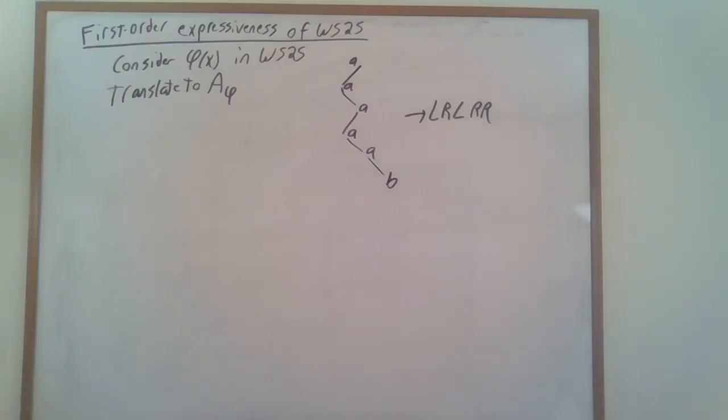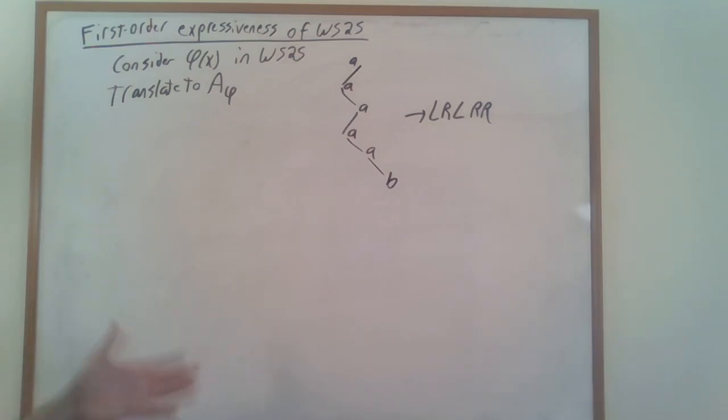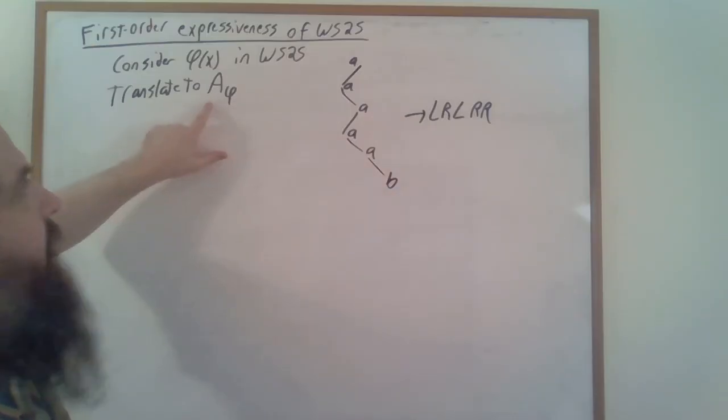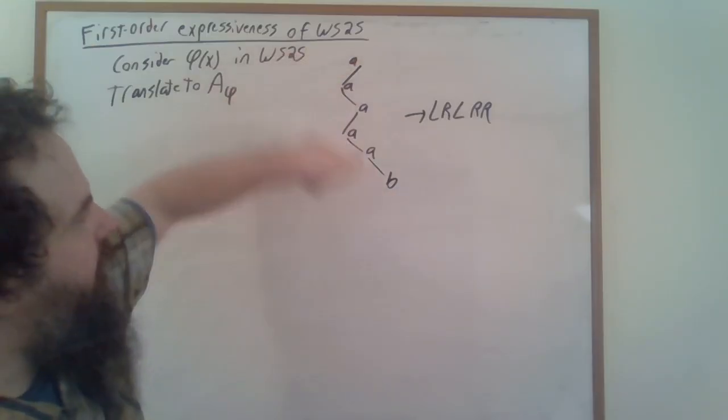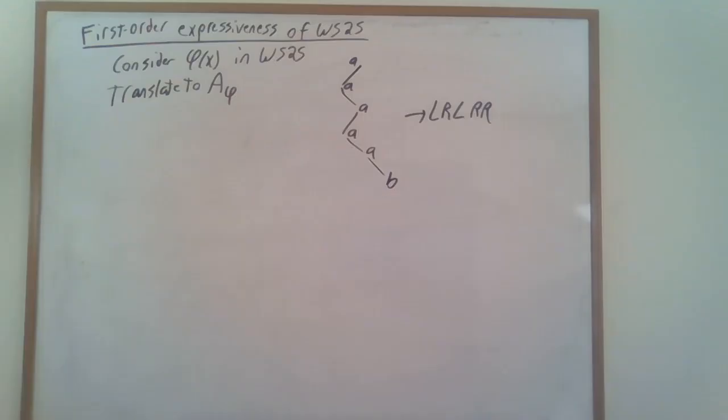Just like what we did when we were analyzing weak S1S, we're going to want to take all of the states and transitions of this automaton that have no futures, that can't be part of an accepting word, and get rid of them, so that we're just looking at the important part of our particular automaton A sub phi. And that's going to be a lot of them, right? The only types of tree words that get accepted by this particular automaton look like this. They're a path of A's ending in a B. So in particular, there's no branching. And that's very convenient. All that we're left with are transitions that look like